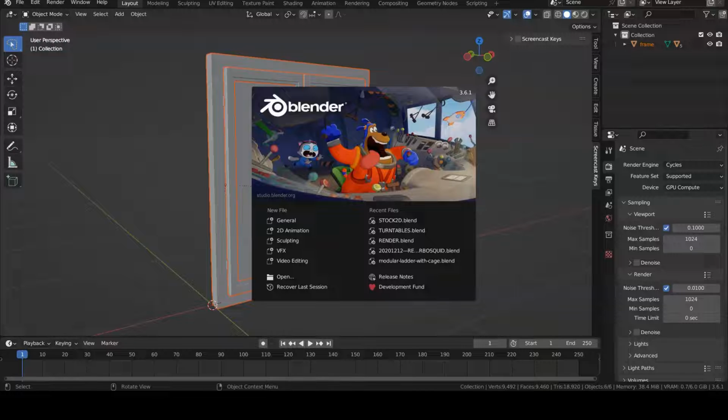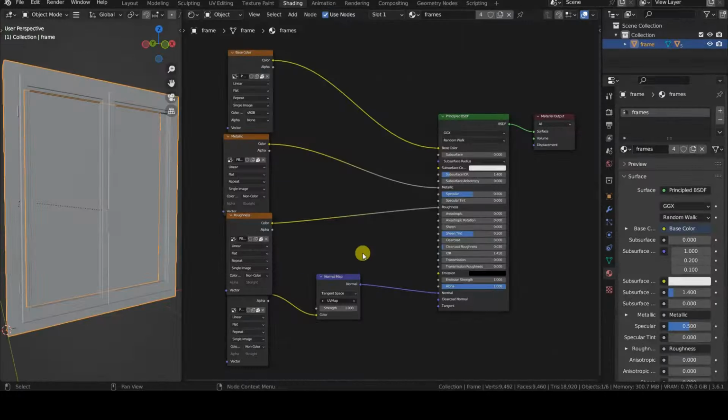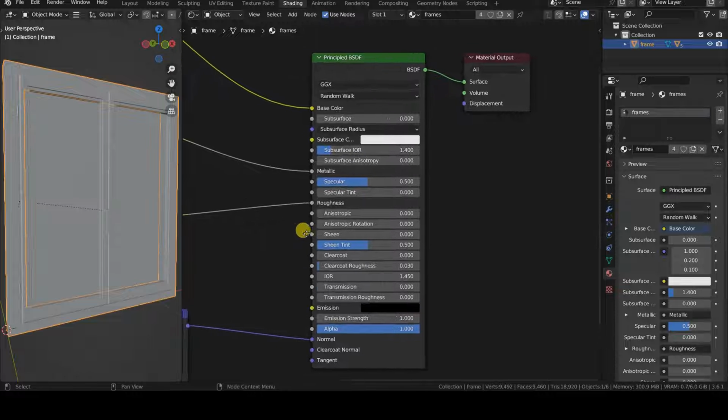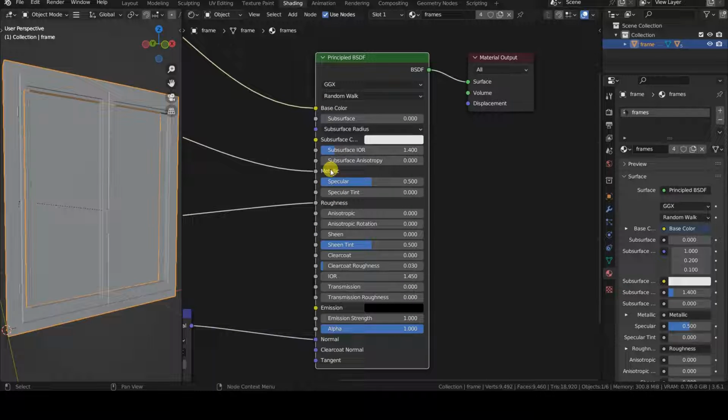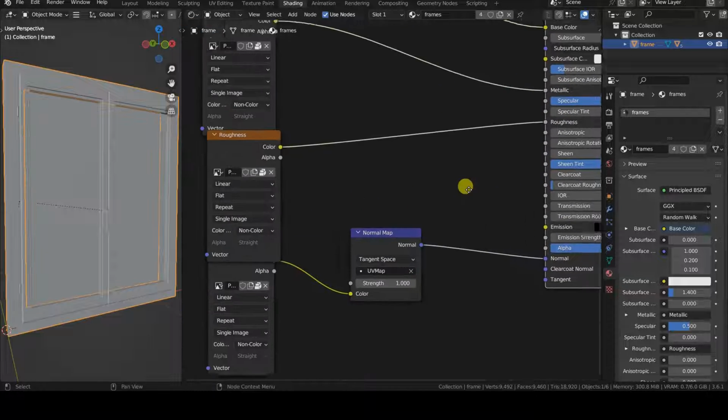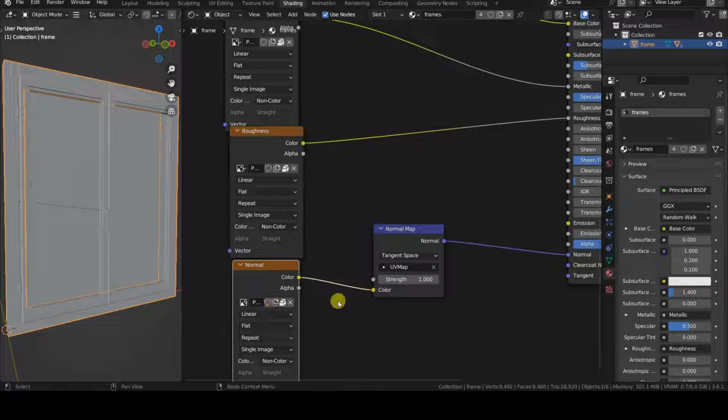To include textures in a USDZ file, you need to use Blender 3.6. With previous versions, this doesn't seem to work well. Also, you must use a principled node for materials and textures, and you shouldn't use any nodes other than image to load textures and normal to convert the normal texture for principled.